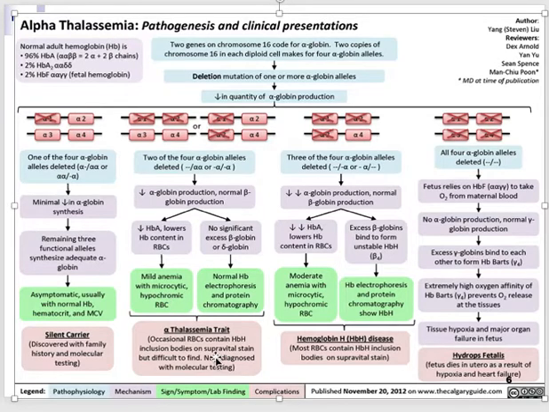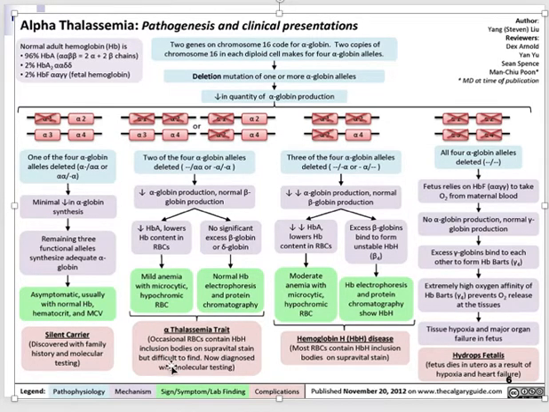This is called alpha hemoglobin trait. Most of these patients generally remain fine. By the way, this cis type is more common in Asians, and this trans one is more common in Africans. So what happens is that they have occasional RBCs containing